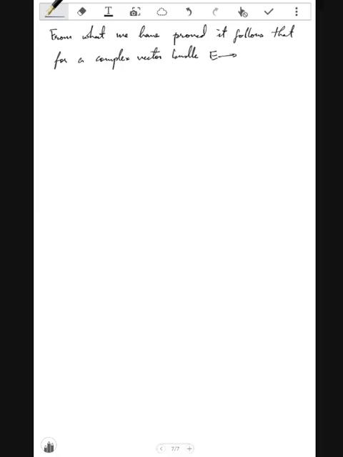From what we have proved, it follows that for a complex vector bundle of rank n plus 1, the Poincare polynomial of P(E) is